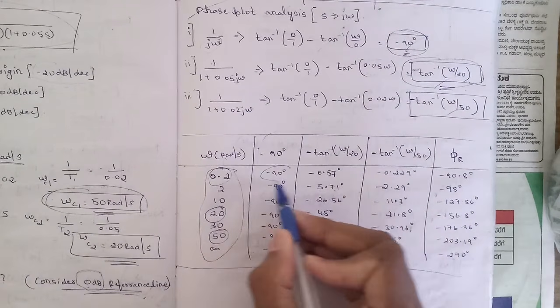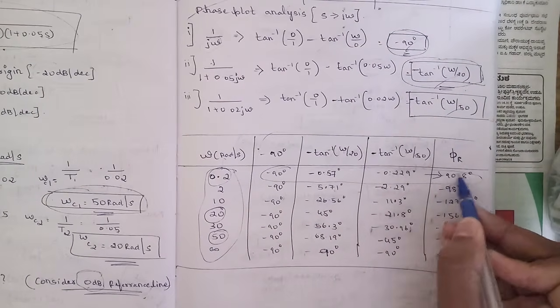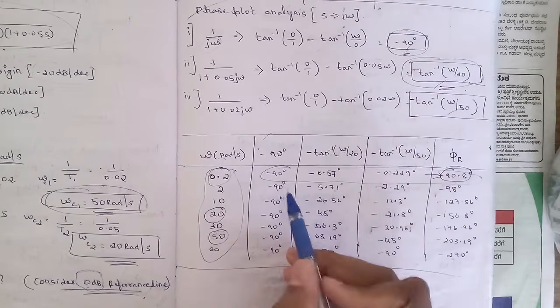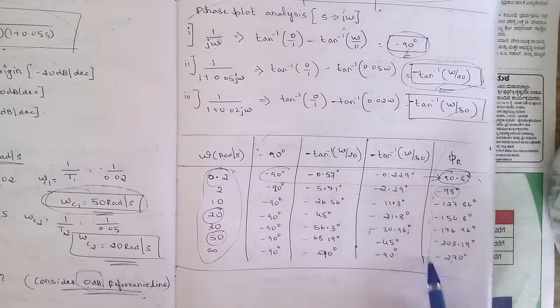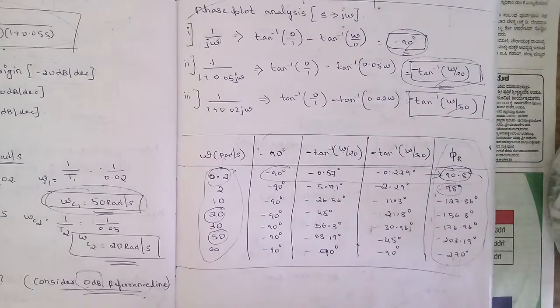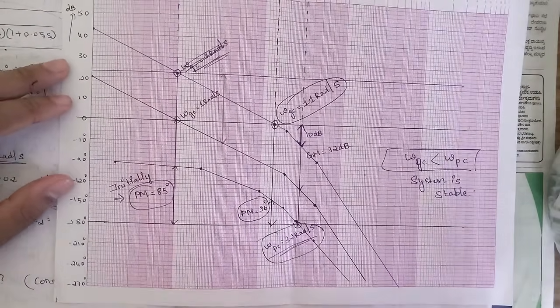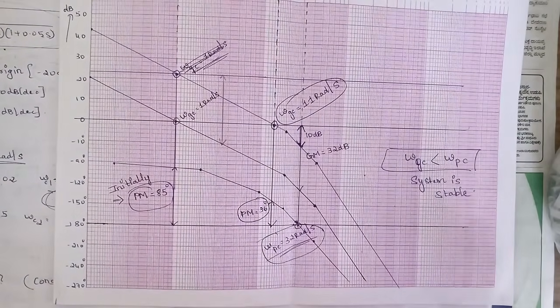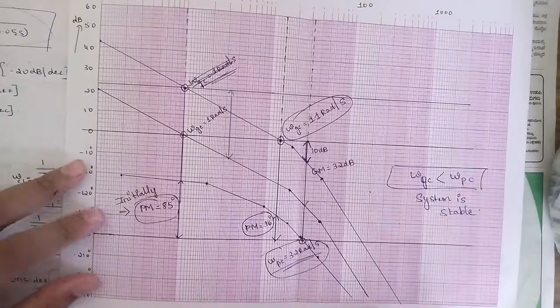Then we should add all these three things, so that we get the answer of minus 90.8 degree. Similarly, if we add these three, we get 98 degree, and like this we get all the angles for phi r. These phase angles you should draw in the plot. So like this the plot would be coming. There are many lines here, and I will explain one by one how I have drawn this. Since in the question they have asked us to find the value of k, in this case